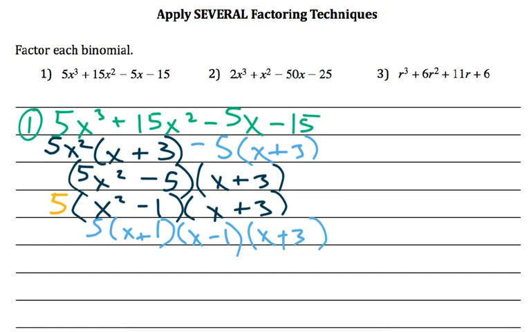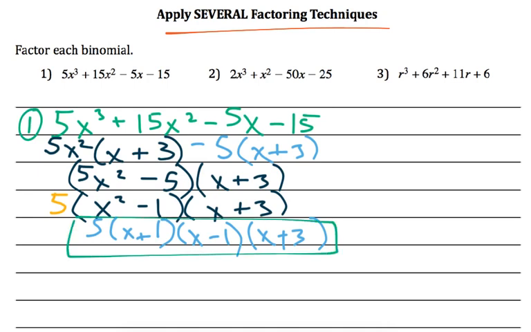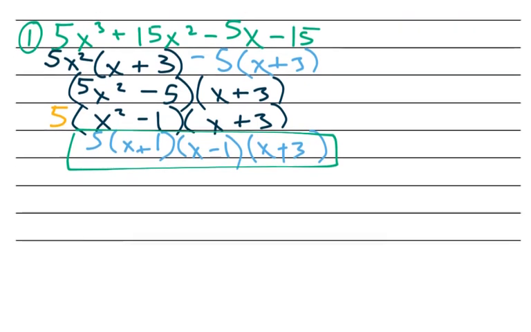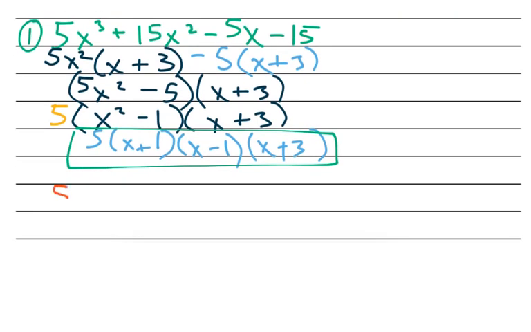And then I look through this and I'm like, well, if I'm applying several factoring techniques, and now I'm getting closer to the end of the chapter, I scan through it and I don't think you can pull anything else out of there, so we'd be done. Now, this will be very brief, my next point I make about this first problem. Originally, I could have factored out 5 from everything,